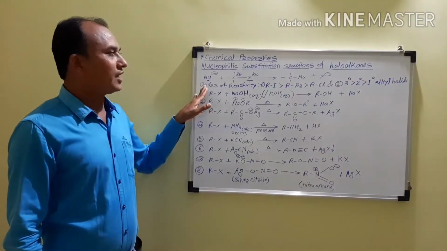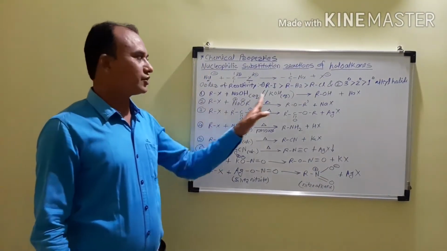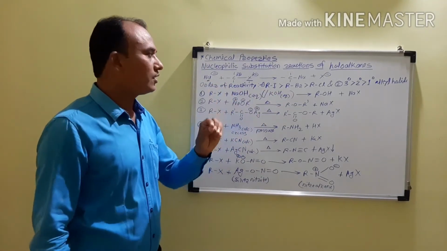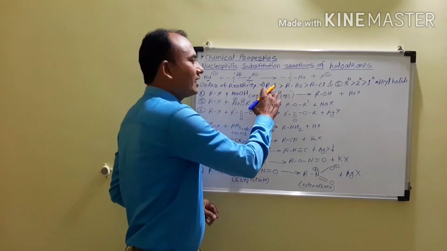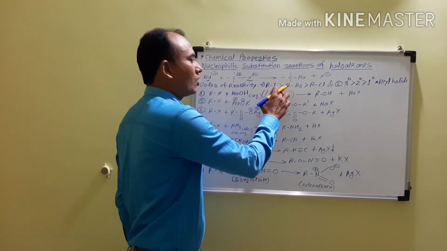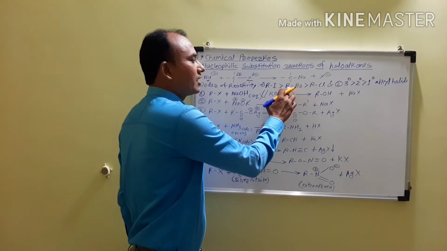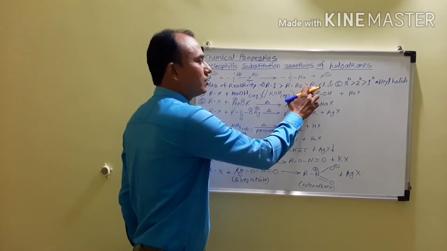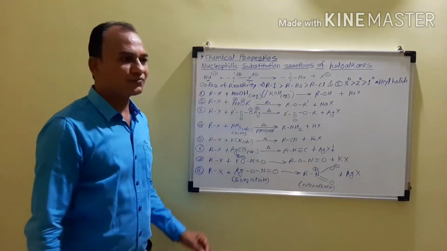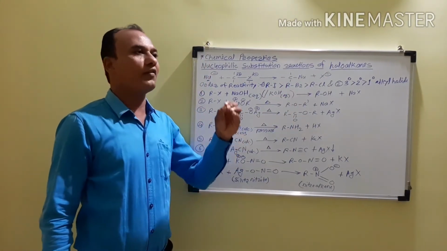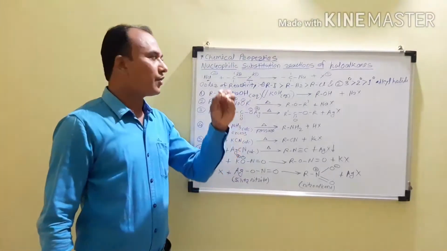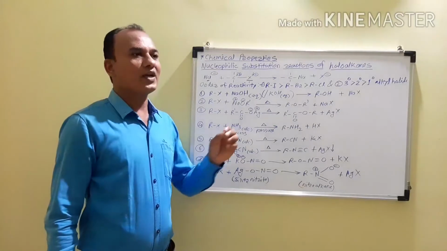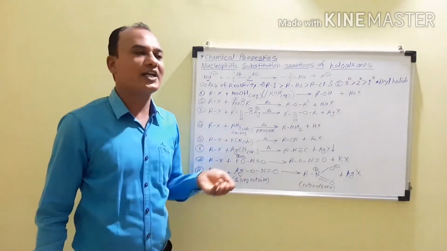So the order of reactivity in nucleophilic substitution reactions, when we consider the nature of the halogen, is that alkyl iodide has a higher order of reactivity as compared to alkyl bromide, and alkyl bromide has a higher order of reactivity as compared to alkyl chloride. It means the fastest reaction we obtain is when we take a substrate which contains a C-I bond, and therefore we get a fast product. This reaction will take place fast.